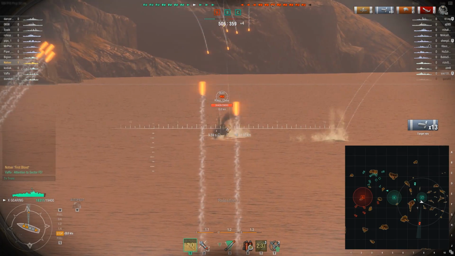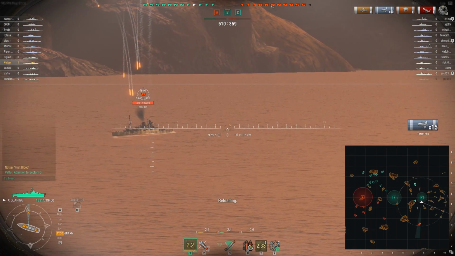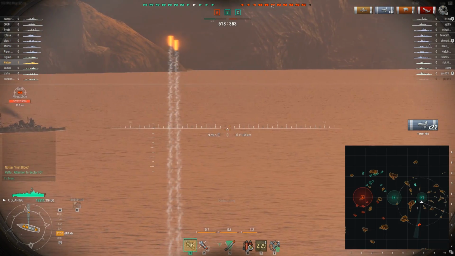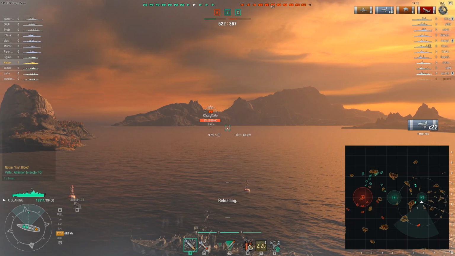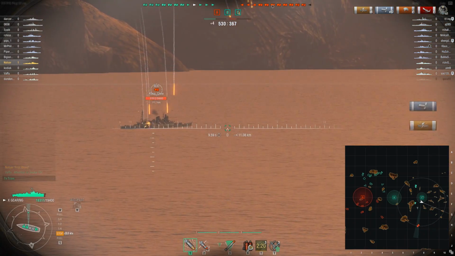This Ibuki wants nothing of this. He's leaving the area completely. And we're just trying to get a little bit of chip damage, maybe a fire. That's why I have 18 loaded. At an extreme long range, I'm not going to really have a lot of success with AP plunging. I would prefer a fire. And since he's completely outside of my range...